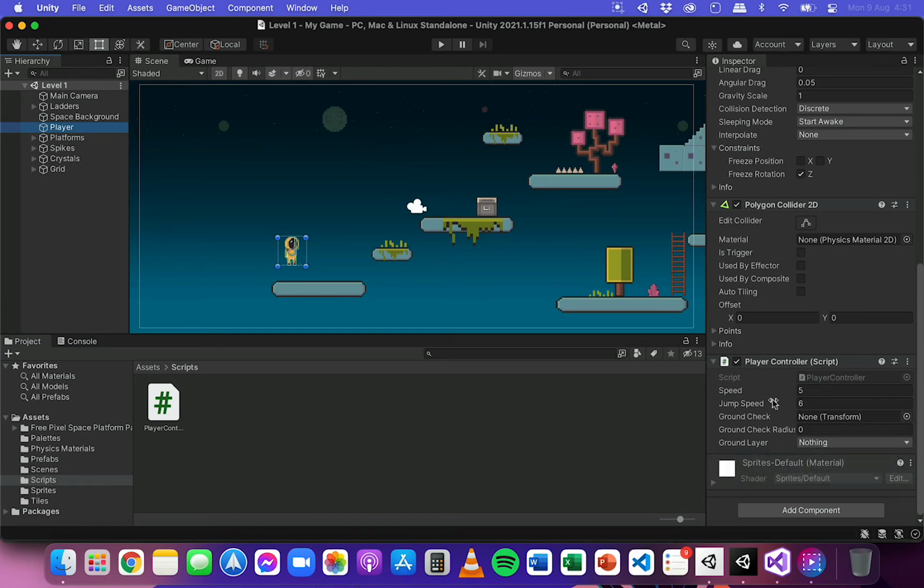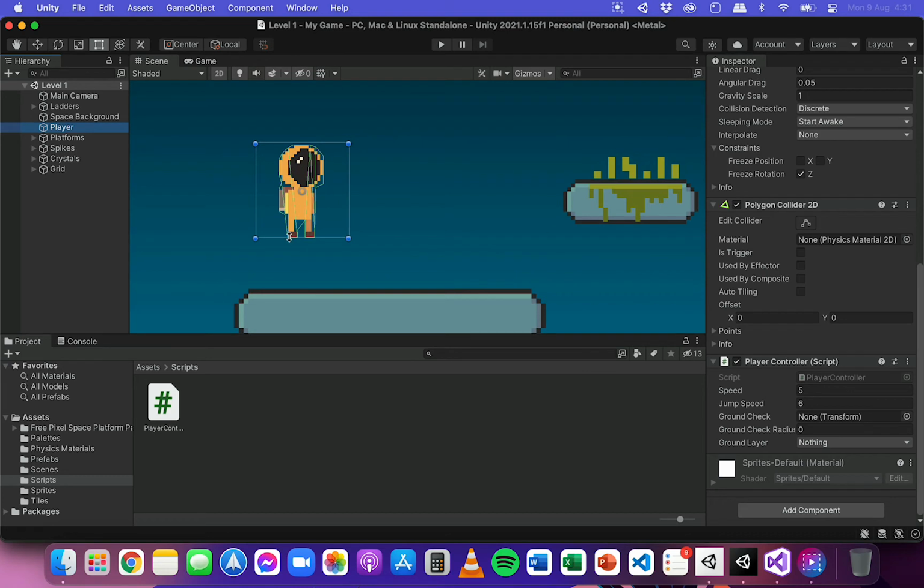Okay. So the ground check is basically going to be the bottom edge of the player. So if we zoom in here on the player object, it doesn't matter whether this is a character or some other type of object. Whatever is going to be the bottom of the player making contact with the ground, that there is going to be called the ground check. We're going to have a little empty object attached to the player in that position right at the bottom of their feet,